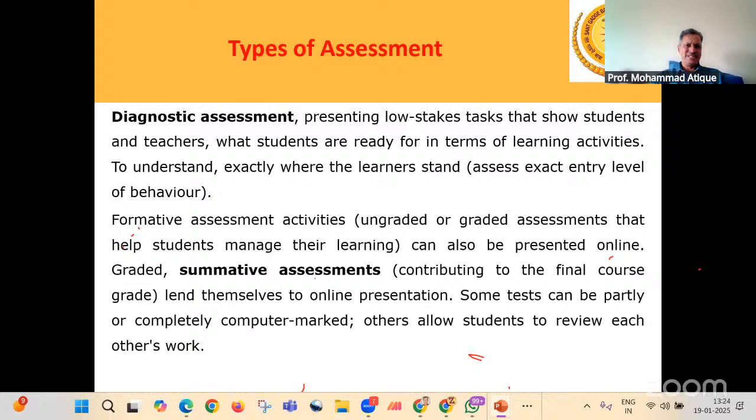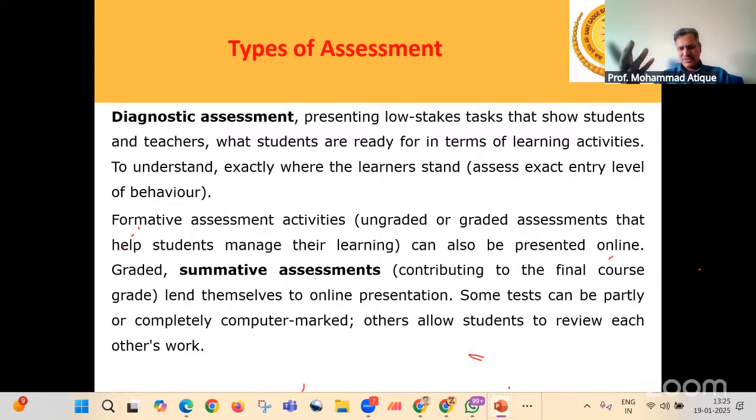There are other types of assessment wherein you have diagnostic assessment and summative assessment. Summative is normally at the end of the semester. Diagnostic is if you intend to find out what kind of problems the student has, just like we approach doctors. He may be very good in level 1 and 2, but he may be struggling in level 3. And you cannot go for level 4 because the prerequisite for level 4 is level 3. So where does that particular student stand? What is the problem? You may use some diagnostic test as well.